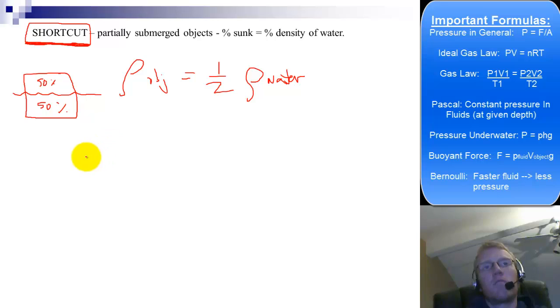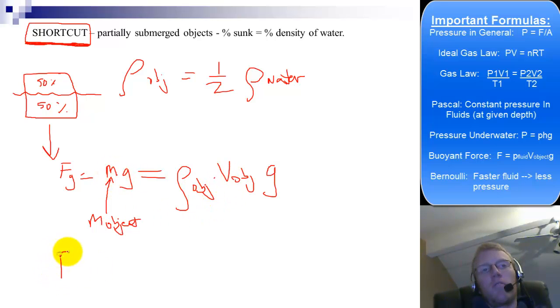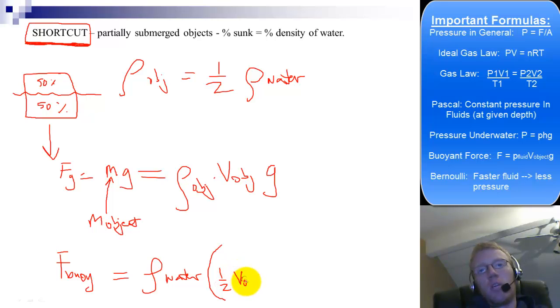And the way that you can tell that is as follows. The force downward is mg, right? This is the actual mass of the object. The mass of any object is equal to the density of the object times the volume of the object. Then you've got the force of buoyancy upward, and that's equal to the density of water times the volume of water displaced, which is only 1/2 the volume of the object,